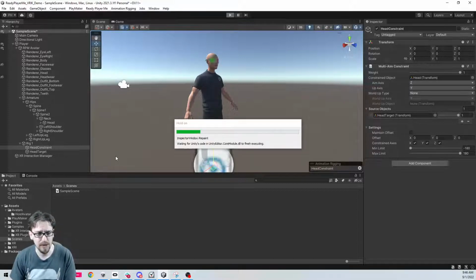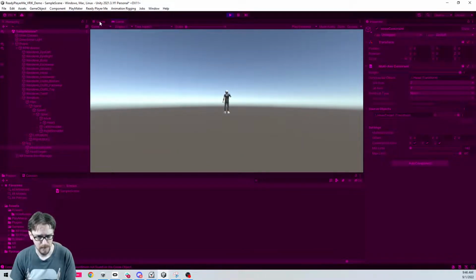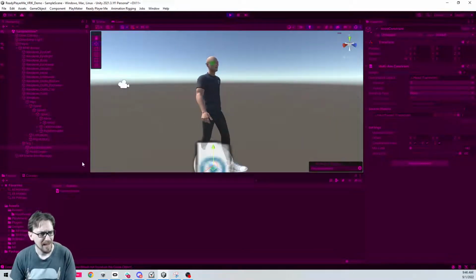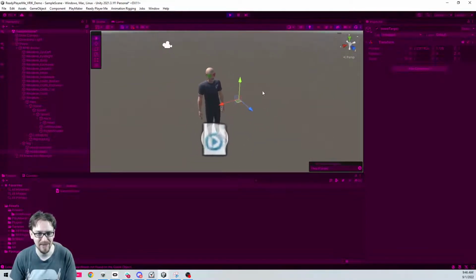And another thing you can do is, if you notice this little animation rigging panel, my player's animated. But let's look at this head target. And I forgot that the rigs come with their thing. And let's just, boom, look at that. There's an animation running, but I'm also controlling where the head bone is looking.